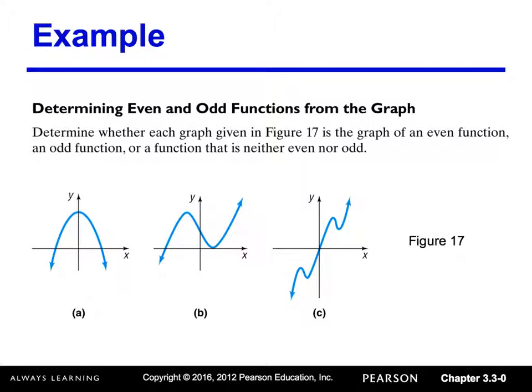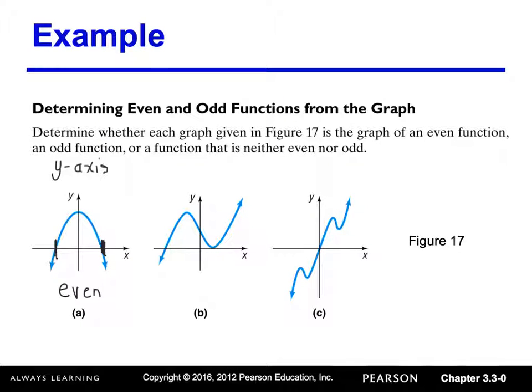Here in A, notice that it is symmetric to the y-axis. Therefore, it is an even function. When I substitute a positive value in for x, I get the same value for y as when I substitute in that negative value. If you look at B, this graph is neither symmetric to the y-axis, nor can I rotate it around the point at the origin, and